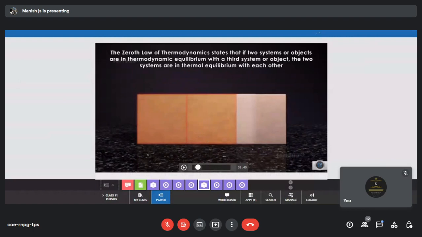Then when you combine them with the third system, you call the third system C. So A plus B would be equal to C. When those first two systems together are combined with the third system, you say that the combination of both the systems would be in thermal equilibrium with each other. They will attain the same temperature after some time. So that is the meaning. That is what the zeroth law of thermodynamics is.